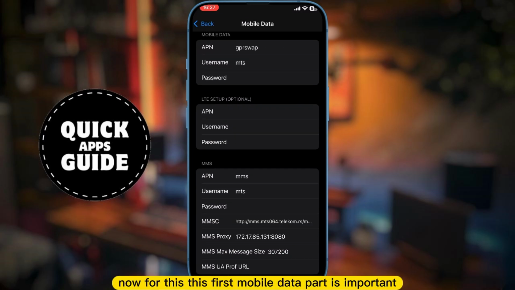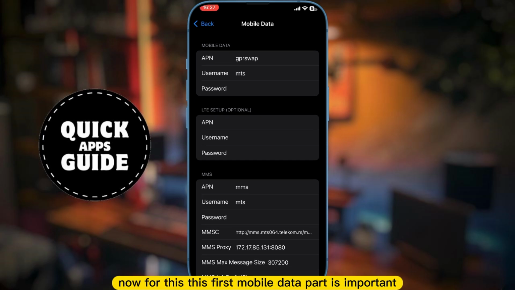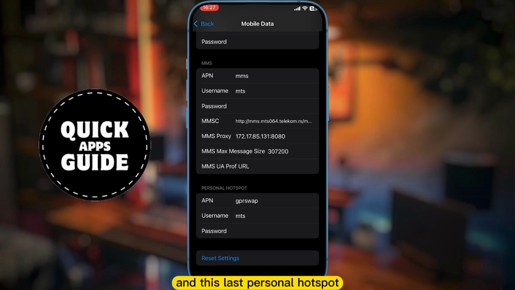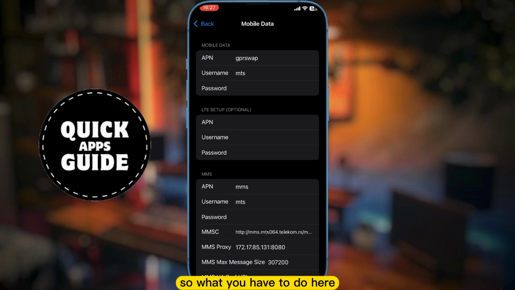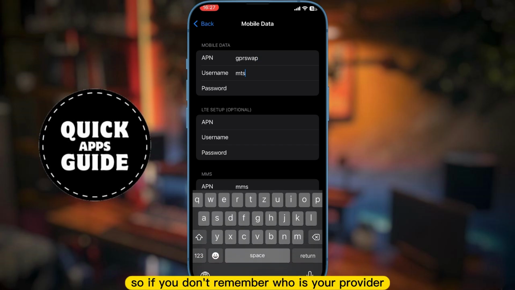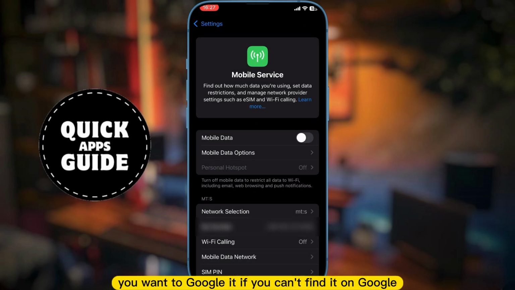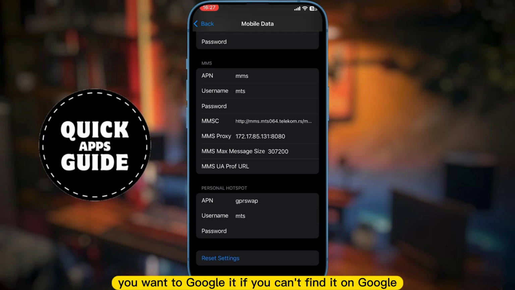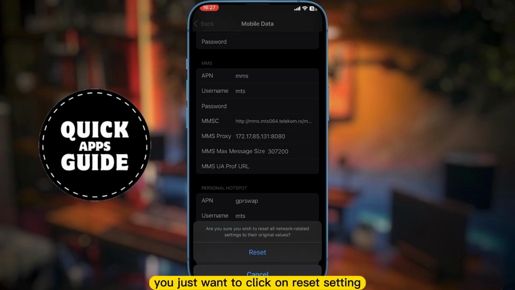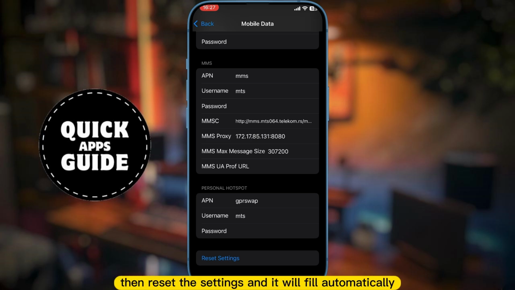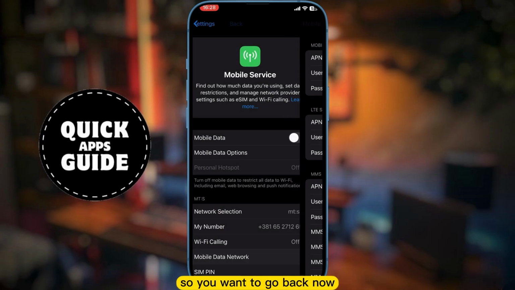Now, the first part, Mobile Data, is important, and so is the last one, Personal Hotspot. What you have to do here is enter the information about your mobile data network provider. If you don't remember who your provider is and its username and password, you want to Google it. If you can't find it on Google, you just want to click on Reset Settings, then reset the settings, and it will fill automatically. So you want to go back now,